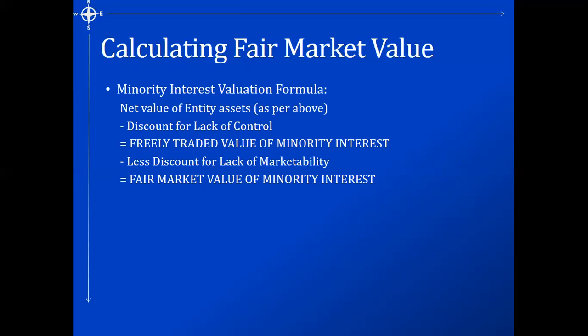If you think about it this way, if you've got a multi-member LLC and they're unrelated parties, they've gotten together because they want the particular person they've chosen as the manager to help them manage the property that's going to be held by the LLC. And because they trust that person, they don't really want that person to be removed by other people. So they know each other, but they don't want anybody to have control in order to be able to remove the manager. And also, they don't want an unknown party coming in because somebody decided to sell out.